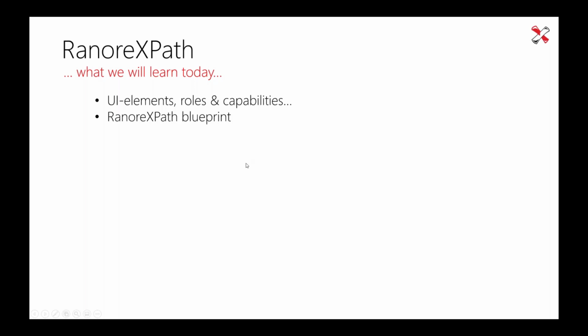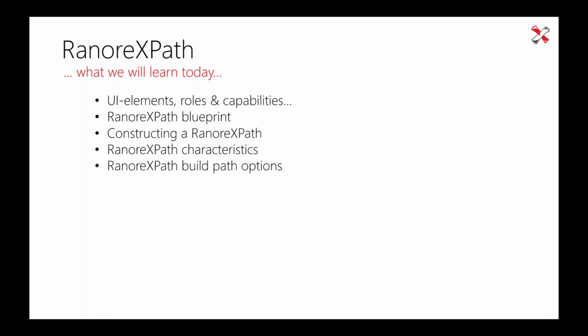We will then talk about the blueprint of the Ranorex path, so how is it created, or what components does it consist of. We will see how to construct the Ranorex path,